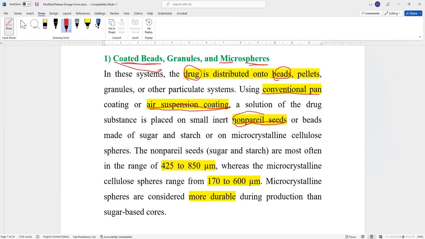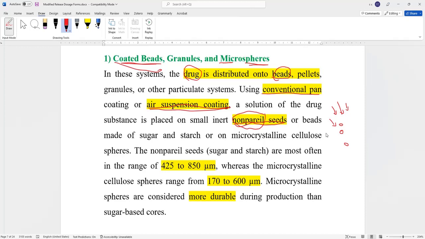Particles made of sugar and starch, and then we spray on them the drug solution in the coating pan. And this will cause them to be coated,